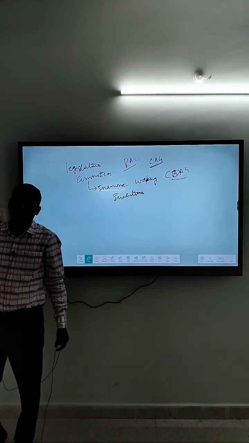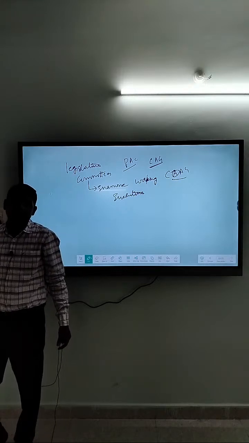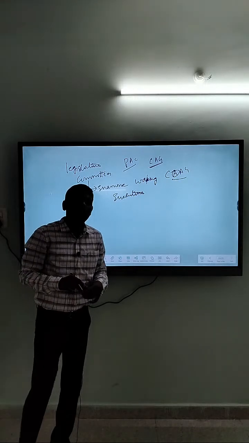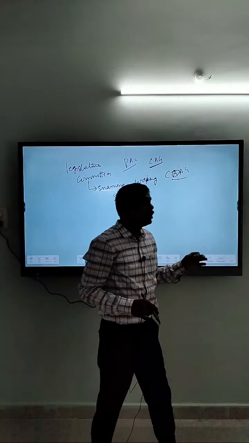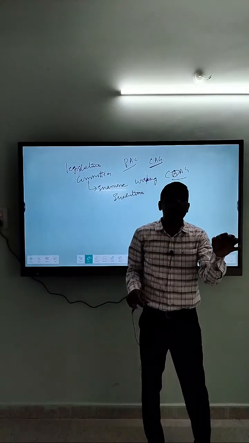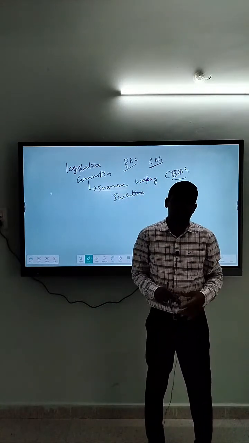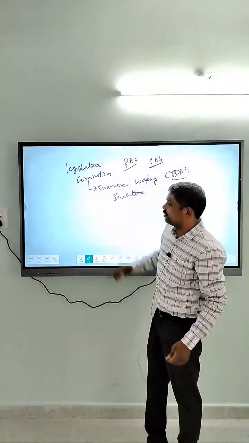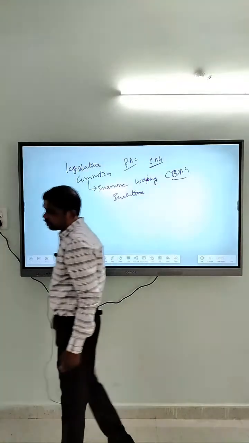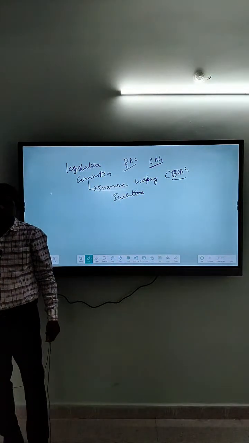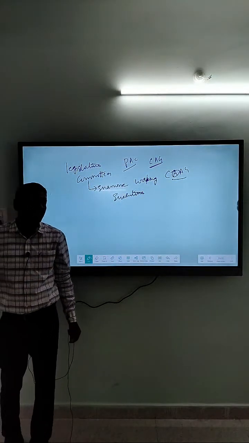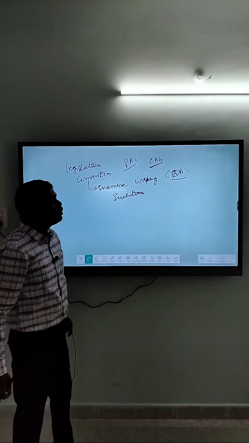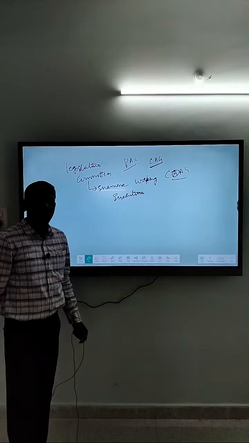Whatever the government spends, whose money is it? It is public money. So there should be someone to examine whether public money is spent in the right direction or not. It is for this reason that we have parliamentary committees. So the Public Accounts Committee and Estimates Committee came into existence in 1921.